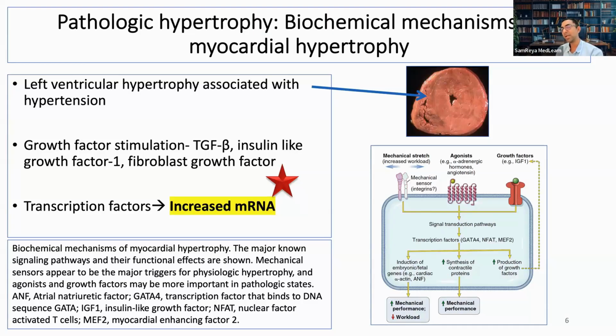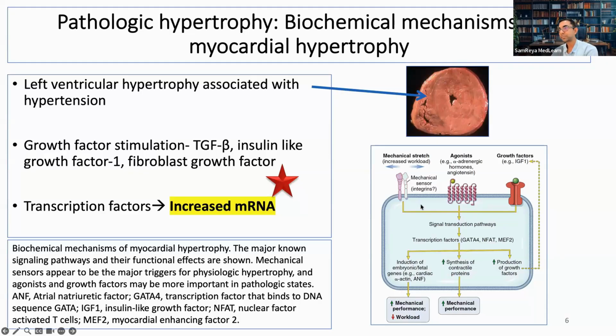Why would a cell want to do that? A simple answer is those proteins are probably better at handling mechanical workload. They are better at working against that pressure and use less oxygen. That's another thing that has happened here. So we have activated proteins which can handle workload better by using less oxygen, so they can work better under that pressure situation. We have also activated, through these pathways, more contractile proteins and more growth factors. So that is what the cell is doing when it is stimulated by that external pressure,